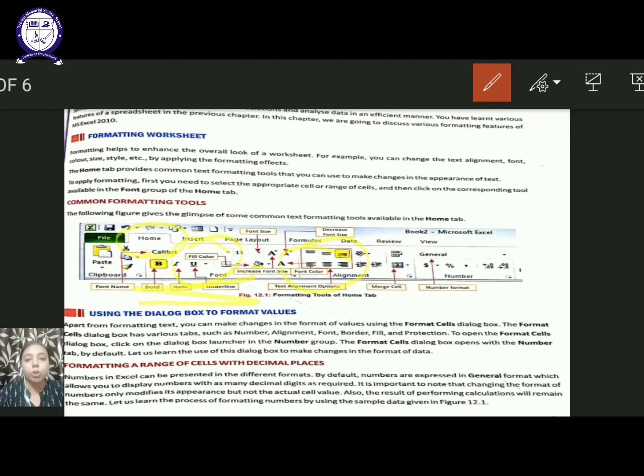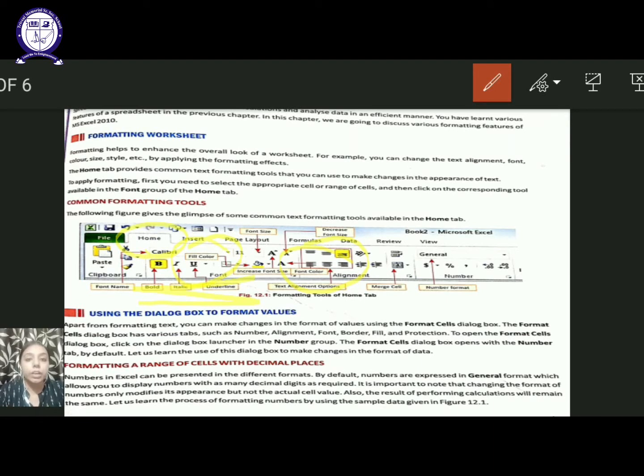Now, when we talk about formatting, suppose you are at your home, so you are in your casual clothes, but when you go to any birthday party of your friend or any marriage or any function, you wear some different clothes that make you look beautiful, that enhance your look. So there we are doing the formatting. Whatever changes we make are there to enhance our look, and the same changes we make in the data, that is we make the data look beautiful by doing the formatting in it.